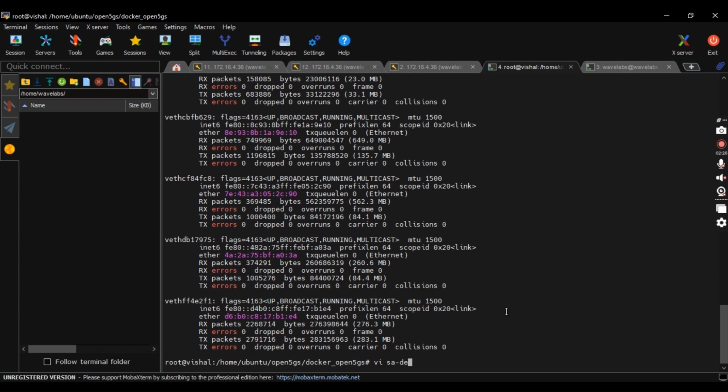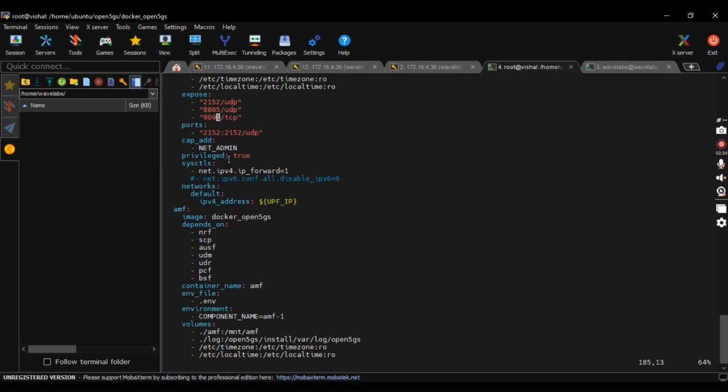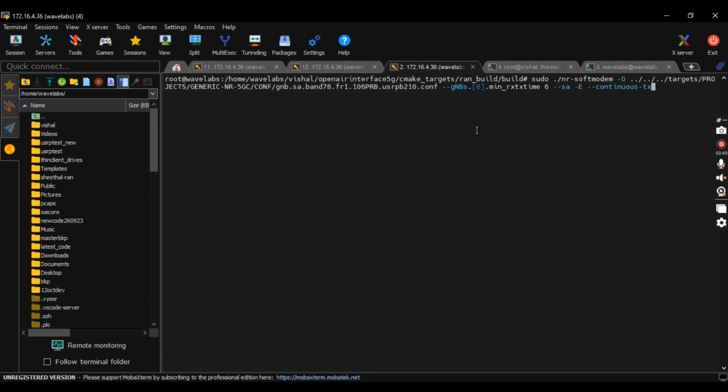Here there's a file, sa-deploy.yml. Here we have to uncomment the SCTP port and the UDP port. These are basically commented, so we uncomment them. Later, at the gNB side,